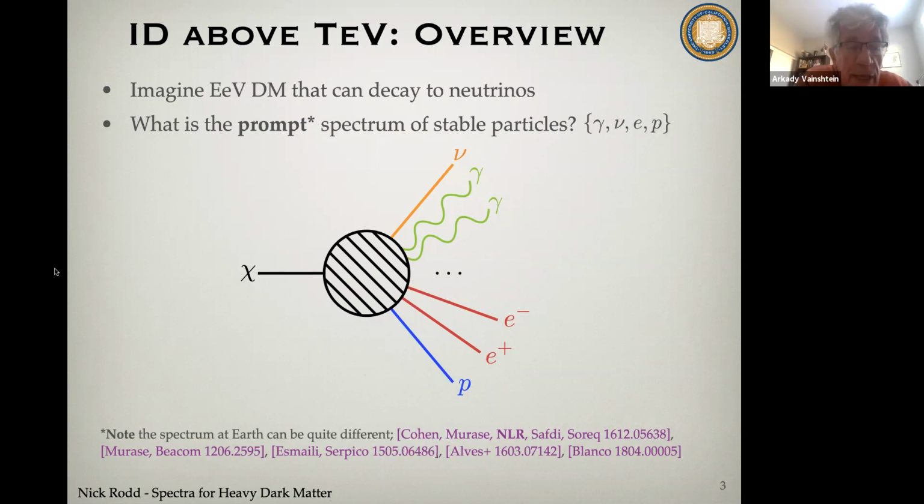Nick, I'm sorry to interrupt, but I wonder, whatever the origin of these high energy particles, there should be some signature that it is indeed from dark matter decay, because the origin of cosmic rays is not known, right? So how can I differentiate between different sources of these particles? Maybe you are going to tell the story in your own way, but it's natural to think about this, right?